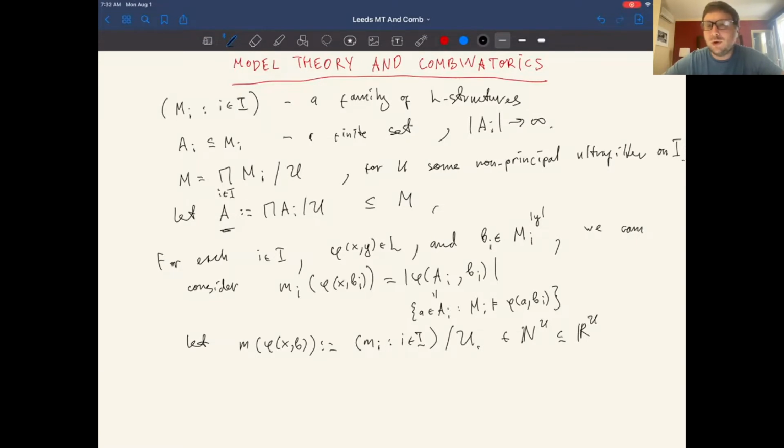So given a family of finite sets, we can associate to it this number, this non-standard real, which somehow reflects the asymptotic behavior of the sizes of the sets, right? Well, modulo ultrafilter, so we are always willing to ignore some finite chunk, but somehow we hope that this number reflects a lot of information about the size of our sets. In fact, it reflects too much information typically for it to be useful. So what we usually try to do is extract some more structured information from such a number m associated to a family of finite sets.